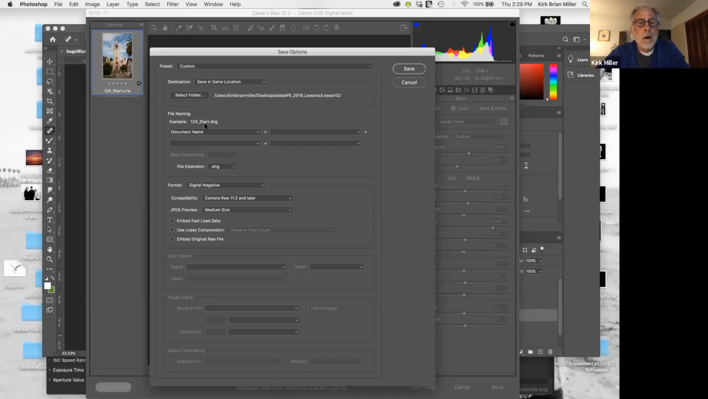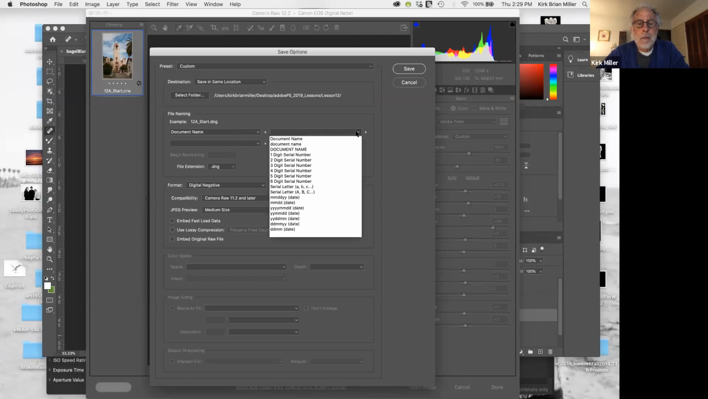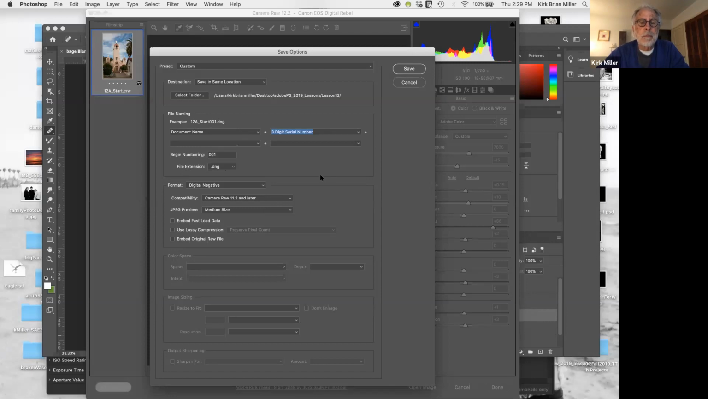It's 12astart.dng. The DNG is the digital negative. That's the Photoshop digital negative extension that I was talking about. In addition to that, so that's what the file extension is down here. But in addition to that, if I want, I can come up here and say, you know what, I want to use a 3-digit serial number because I've taken hundreds of images that day, and I want to know in sequential order